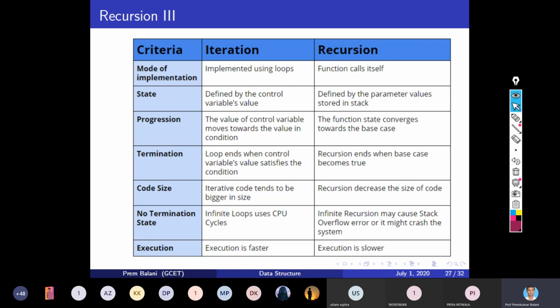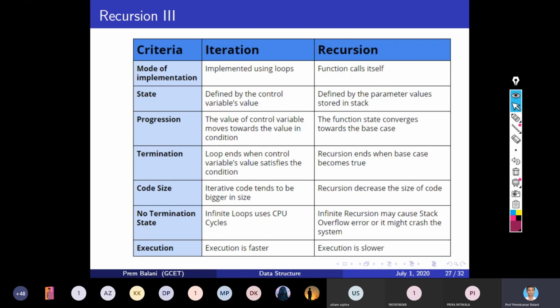When i becomes 10 in the next round, 10 is not less than 10. So termination is when the control variable value satisfies the condition. And recursion ends when the base case becomes true, as in the factorial where we said if n equal to 0, then return 1.